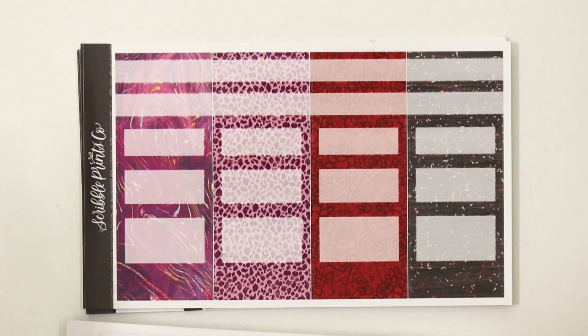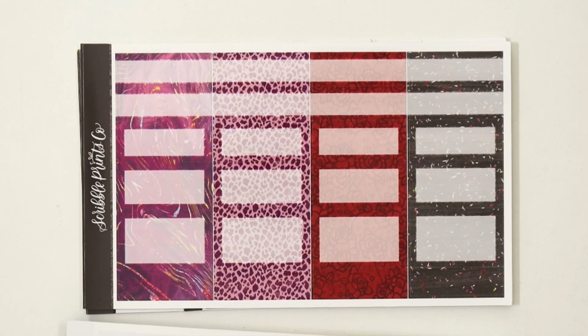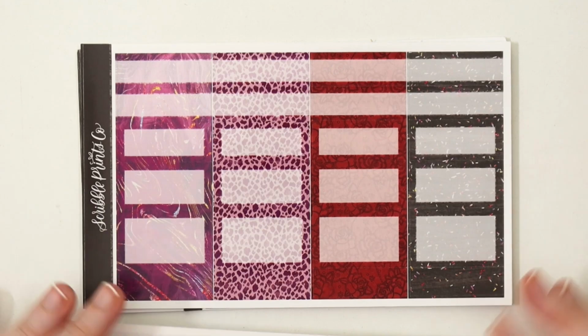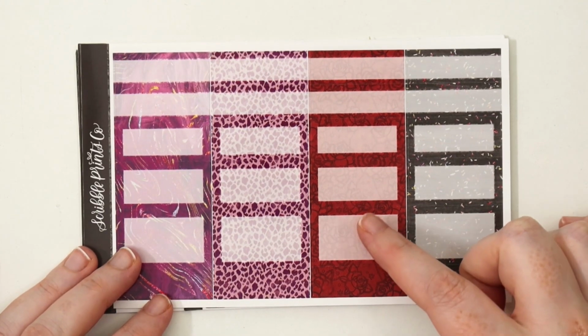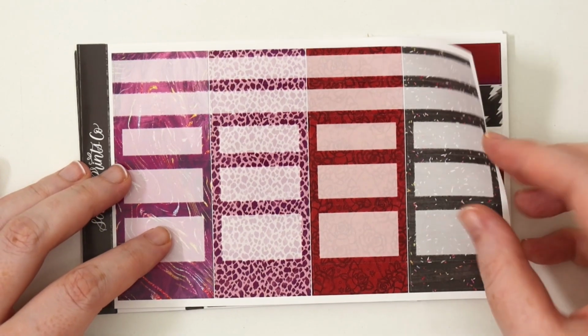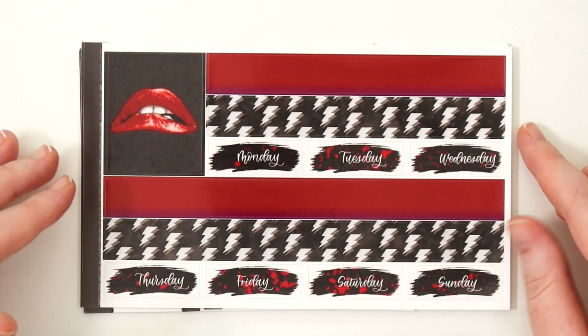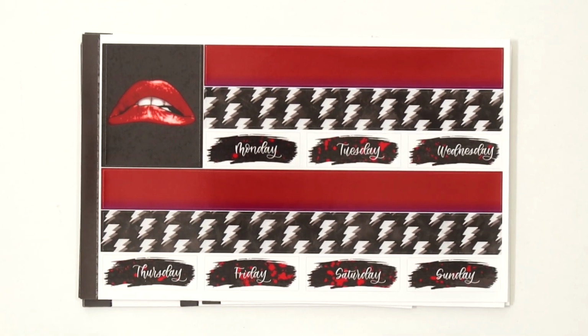I kind of did more sexy, swishy patterns, a bit more party, a bit more lace. Whatever this was, I did. I think she recolored one of my lace patterns to be red to go with this. But yeah, I kind of played around with the patterns. And then we have the lightning bolt, because lightning bolts are not just Harry Potter, which I feel like every